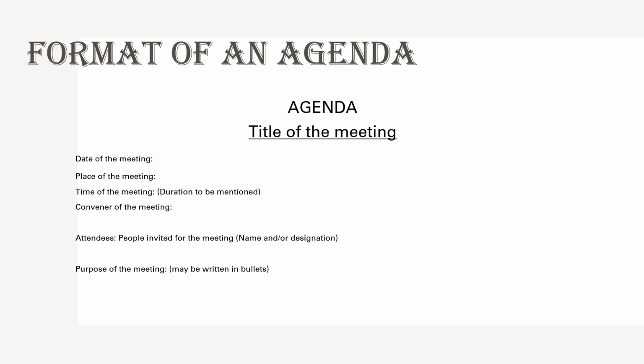Then finally, we'll write down the agenda, which is the purpose of the meeting. What all things you want to discuss in that meeting will be written here, and it is preferred that you write the agenda or the purpose in bullets. If you have multiple agendas to be discussed, you write them in bullets without expanding, because if you expand things here, then there is absolutely no need for calling the people, right?